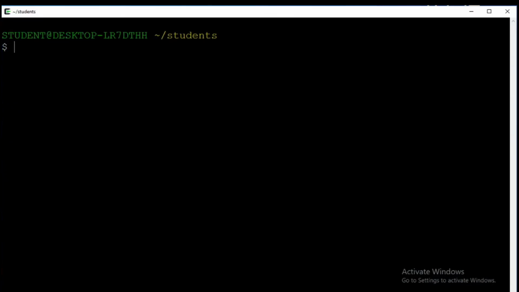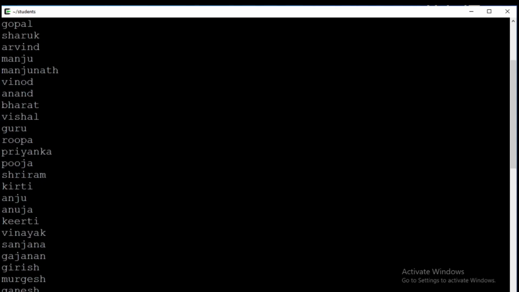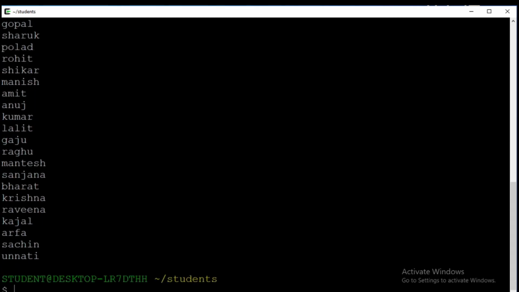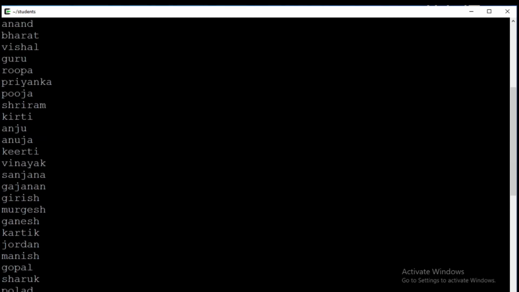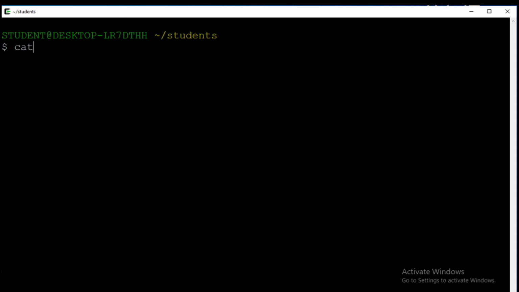Now you just see the demonstration of the cat command. When I type this cat command and provide a file name, you can see that it displays the entire file at a stretch and we reach the end of the file. So we cannot read the contents of the file page by page. So how can we read it page by page? You have to concatenate some other command which will help you to see the contents in the file page by page.